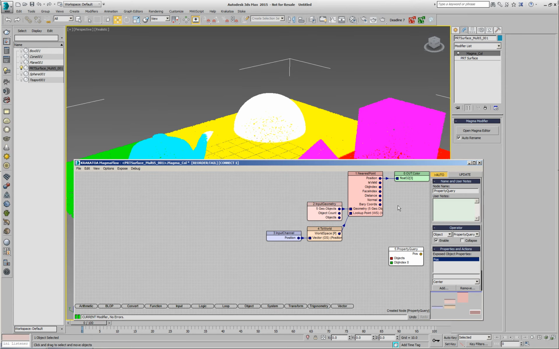I'll press E, and this operator has the ability to ask an object for its properties using technically MAXScript under the hood. It gets the objects as input and the object index also. So since we're getting the object index from the nearest point, and the input geometry operator in version 2.4 and